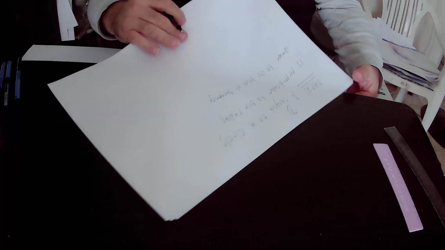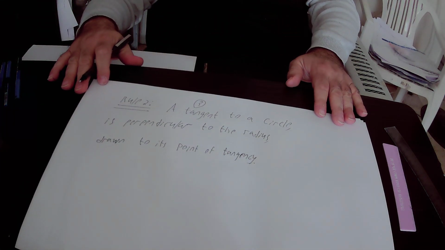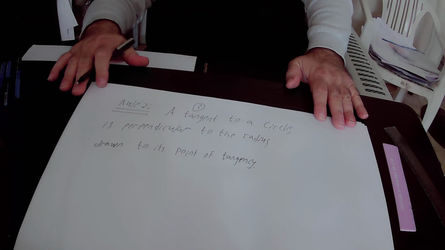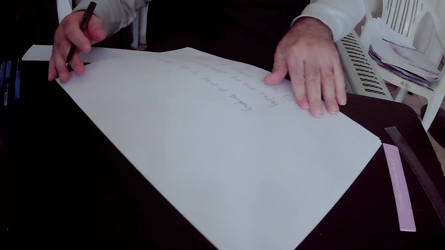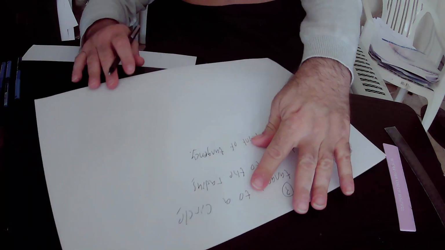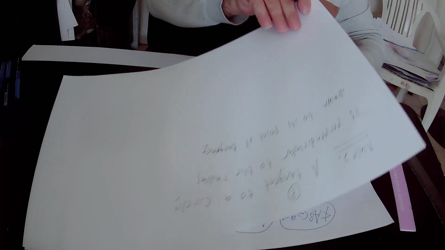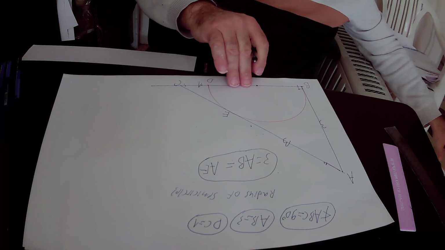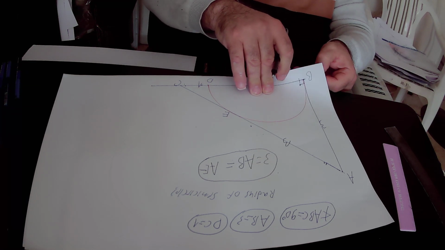I will read rule number 2 again. Rule number 2 states that a tangent to a circle is perpendicular to the radius drawn to its point of tangency. So what is the meaning of rule number 2? The meaning of rule number 2 is that if you have a circle, you have this circle,